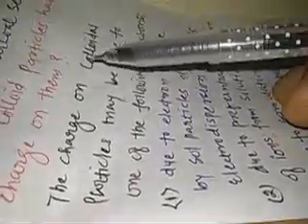Why do colloid particles have charge on them? The charge on the colloid particle may be due to one of the following reasons. There are so many reasons due to which the particles have charge: due to electron capture by sol particles during the electro-dispersion of metals, due to the preferential adsorption of ions from the solution, and due to formation of an electrical double layer.